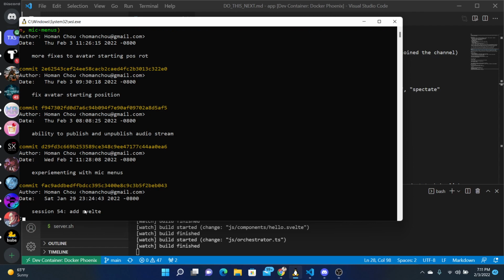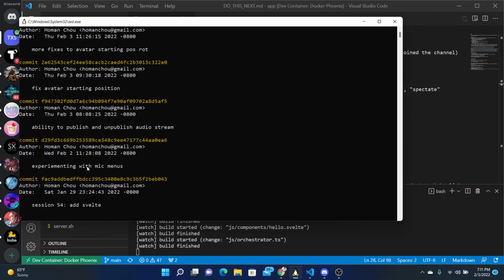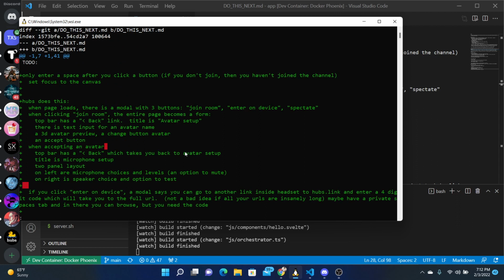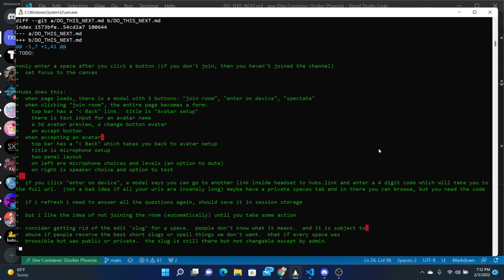So I can go against the current main, up into this one, I guess. We'll compare against that one. So let's do git diff with this. Okay, can you see the diff? Okay, so this is just me adding some README about what I wanted to work on, and I